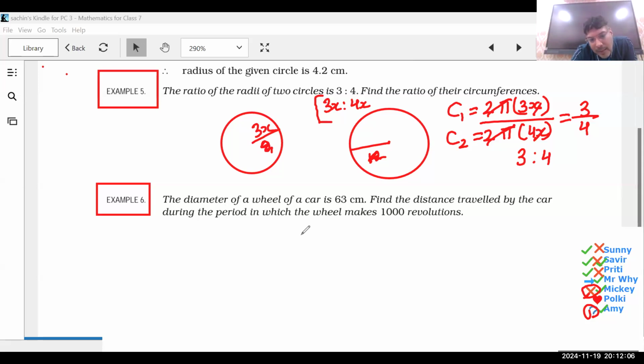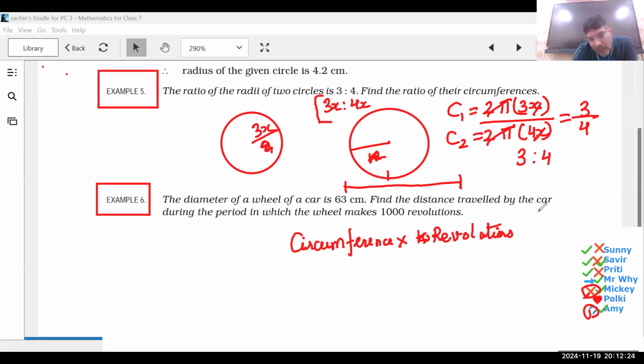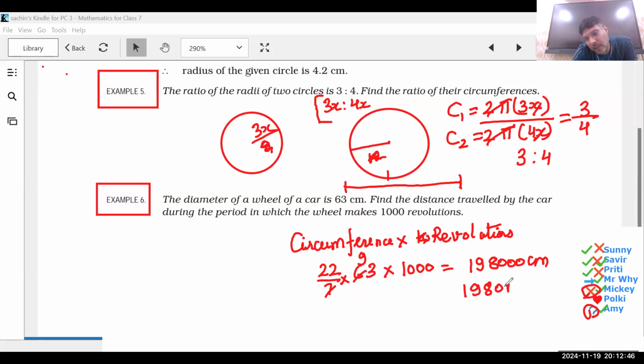नाउ डिस्टेंस ट्रेवल्ड विल बी सरकमफ्रेंस, बिकॉज सरकमफ्रेंस जो होती है दैट इज 1 रेवोल्यूशन। अगर मैं इसको स्ट्रेट लाइन बना दूंगा तो ये 1 रेवोल्यूशन होगी। सरकमफ्रेंस टाइम्स द रेवोल्यूशंस will give me the distance. तो गाइस फर्स्ट सरकमफ्रेंस कितना है? पाई टाइम्स d। d इज 63 टाइम्स 1000। So this will be 198,000 centimeters, which will be 1980 meters, which will be 1.980 kilometers. Okay, सर मैंने मेरा सर्कमफेरेंस गलत आ गया।